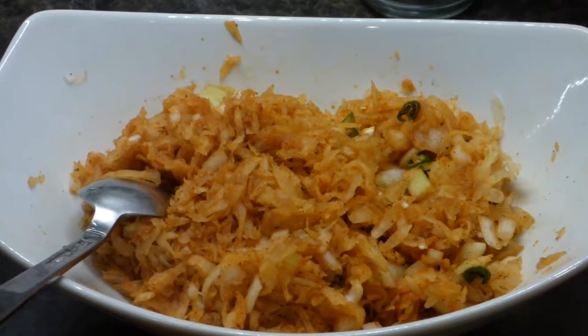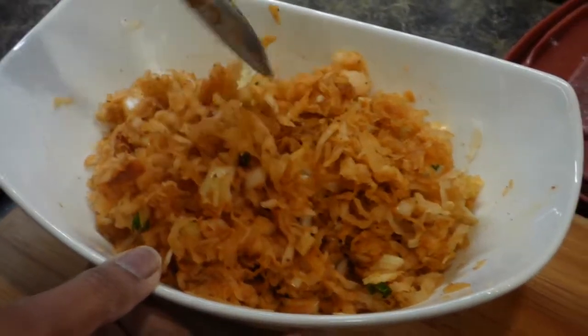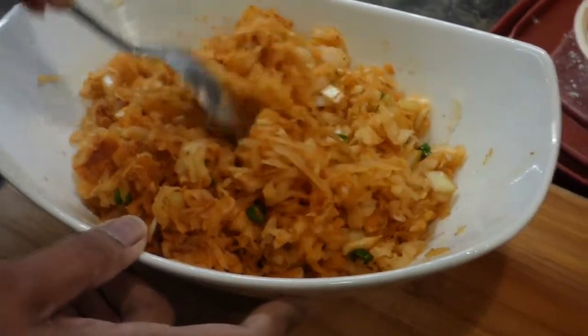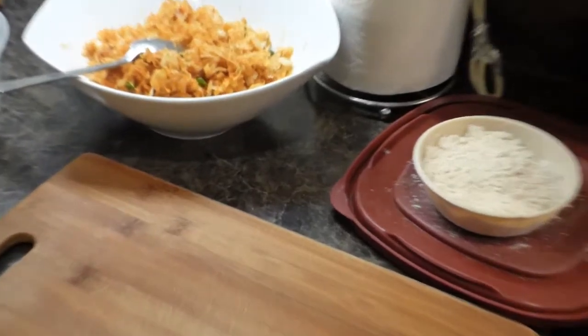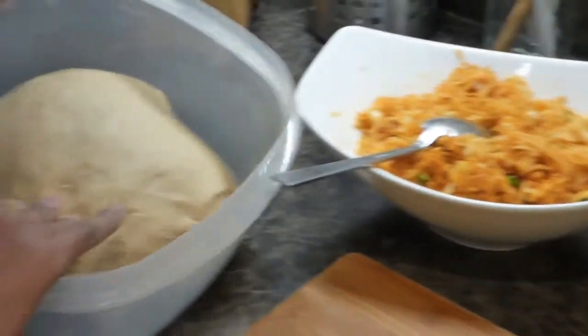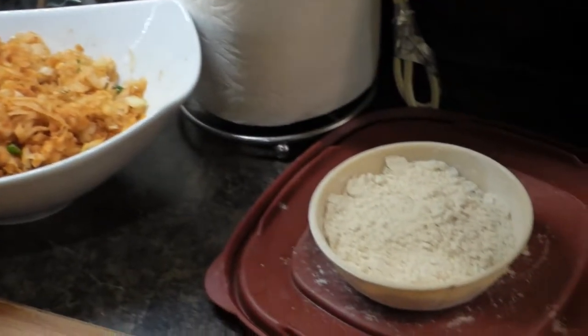Welcome back, guys. So here's the mixture of the radish and all the spices that I've put into it, and I've mixed it well. So this is what I'm going to use as a filling in my naans, which is called Mooli da Paratha. And I have the mixed dough here, dry flour for making the naan, and